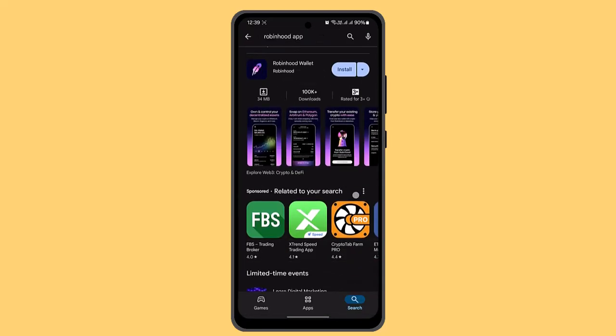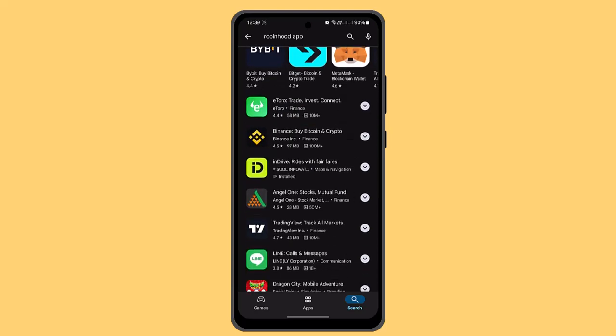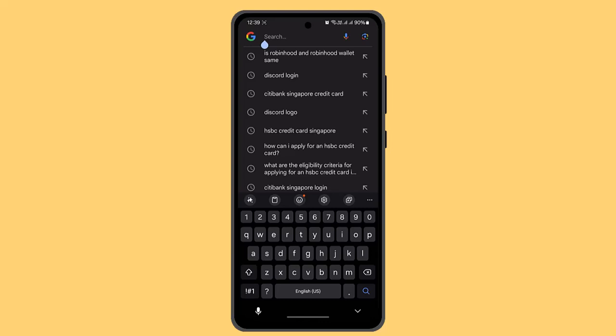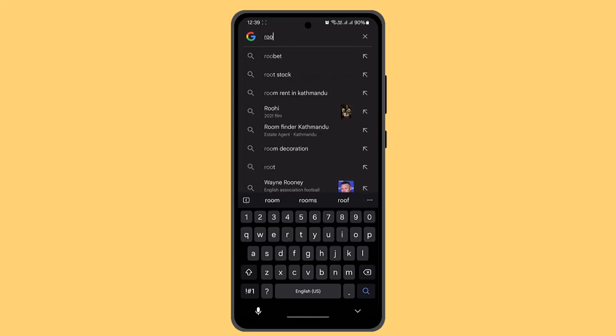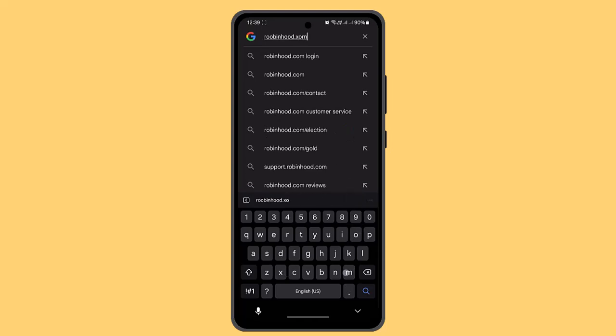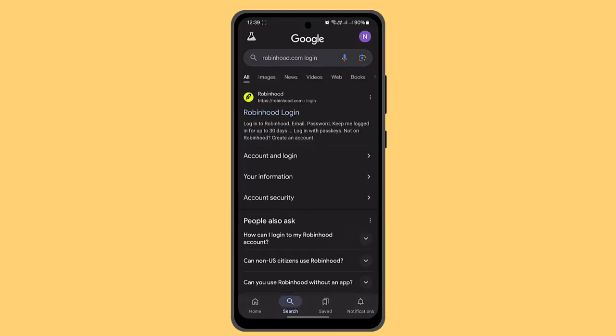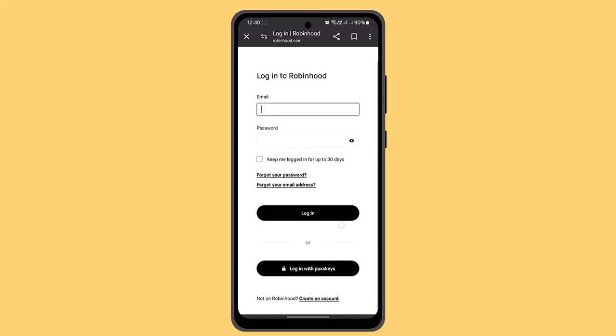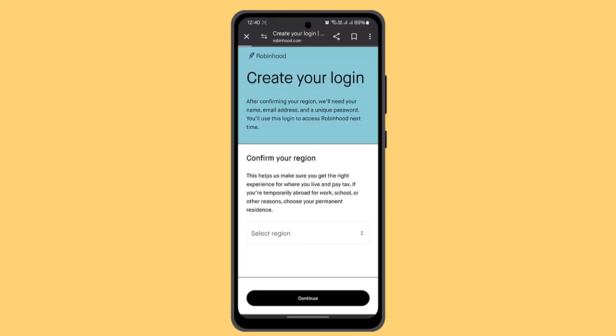Since Robinhood isn't available in my region, so I'm gonna use the web version. So I'm gonna go ahead and open up a browser and type in Robinhood.com. When you actually type in that, it's gonna take you to the official page. So go ahead and press the login button. As soon as you go to this page, it's gonna ask you to enter in your credential. So since you don't have an account, so you could just click on create an account at the bottom of